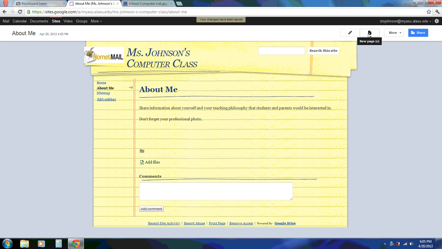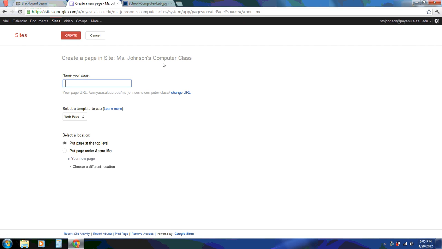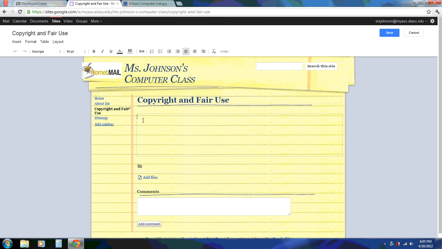The next page that we're adding, we're going to click the New Page button, is a copyright and fair use page. Click Create. Again, explain copyright and fair use guidelines in age-appropriate language for your students, and provide them with links to additional information